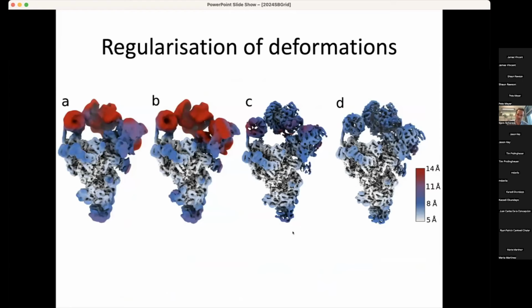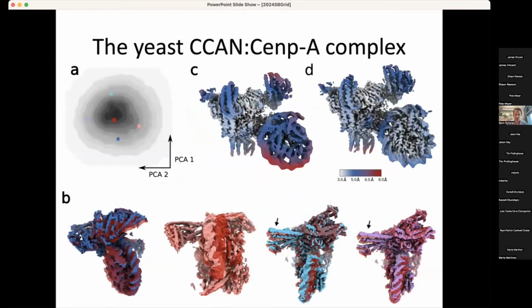We only expose this type of functionality. So you just work with the consensus map, fill it with Gaussians, and keep them more or less together in terms of priors. Using that approach, we then tested on two different data sets. The first one is a subcomplex of the yeast kinetochore called the CCAN complex bound to the CENP-A nucleosome. And this is a consensus refinement from RELION, low-pass filtered according to local resolution and colored according to local resolution.